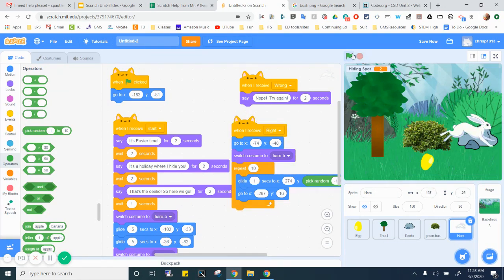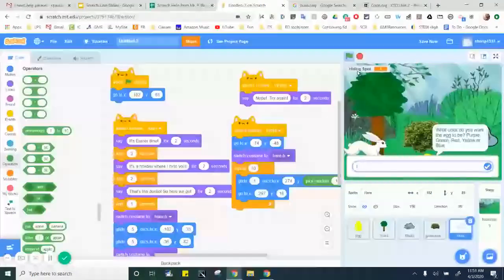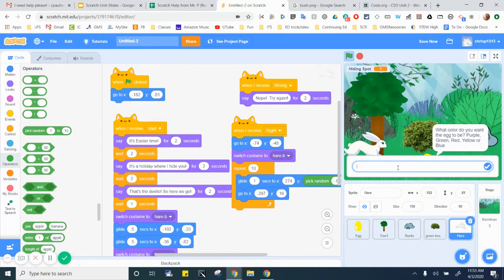So let's see what we have. Let's see if it's working well. Boom. All right. So what color? Everything looks good. And I will get rid of this hiding spot, but that's kind of my cheater here. Oh, do you notice the rabbit is in the wrong position? So